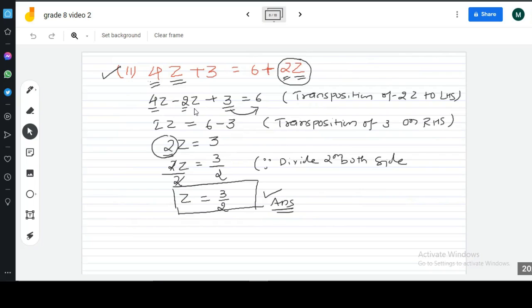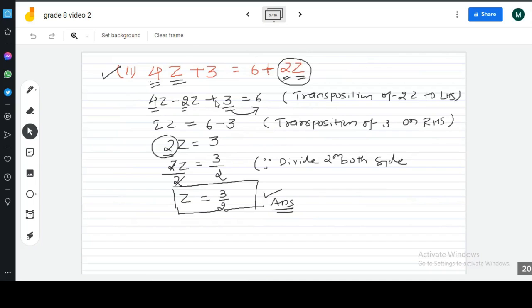So we have 4z minus 2z, and this 3 remains as it is, equal to 6. Now we transpose the constant from the left side to the right side, because we need to keep only the variable terms on the left side and the constant on the right side. So taking this 3 again to the right side, means transposing 3 to the right side,